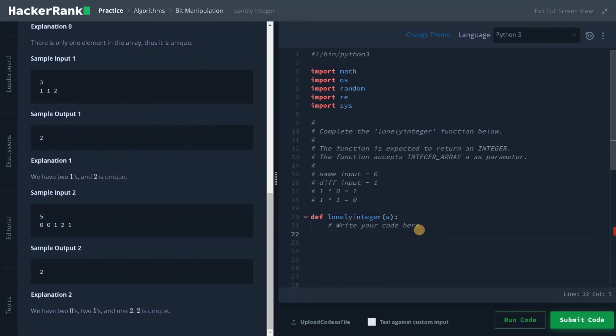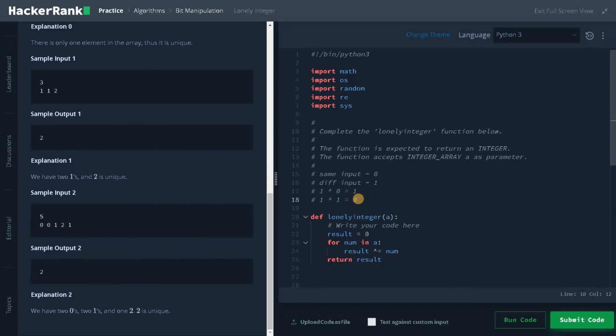Now let's solve this problem using this logic. I'm going to initialize a variable called result. So result equals 0. Now I'm going to iterate the numbers from the array. So for num in A, that is the array, result XOR equals num. What I'm doing is using the XOR operation for all the numbers and storing in the result variable. Finally we will return the result. So all the numbers occurring twice will be cancelled out, and only the one number that is occurring once will be stored in the result.